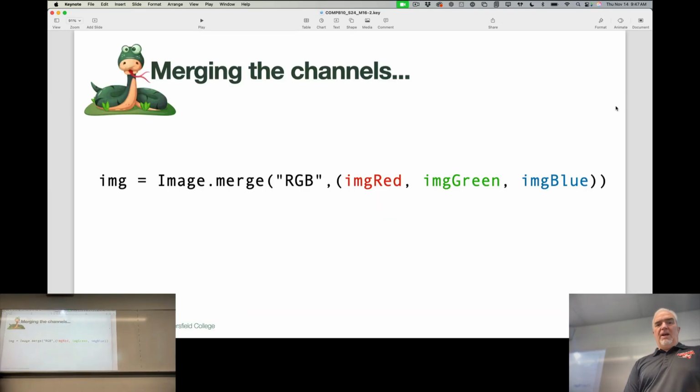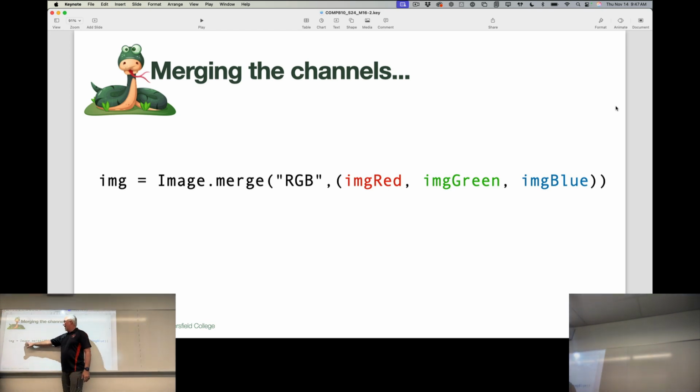So when I'm done, I can take those channels and merge them back together. And notice here that I'm using capital I Image, which is the image object from the library. So I'm using the Image object dot merge, and it's taking two arguments. It looks like more than two arguments. It looks like four arguments, but it's two arguments because the first argument is a string that